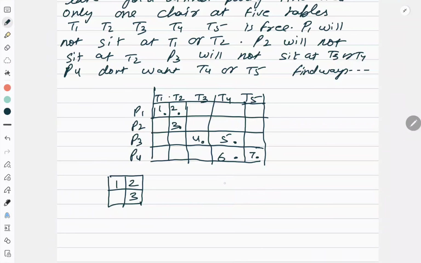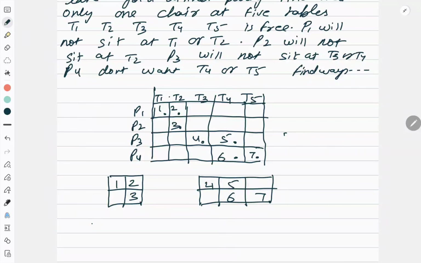1, 2, 3 and the other board, and since it has 2 rows, it will be very easy to solve this also. 4, 5, 6, 7. So 2 boards came. So I will write down the Rook polynomial of both and then I will multiply both to get the Rook polynomial of this big board.